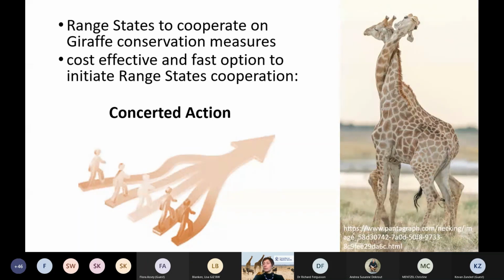There are different tools that CMS has that facilitate this collaboration, and these range from legally binding agreements to non-binding memoranda of understanding, developing action plans, or, as was decided by the range states in this case, concerted actions. And again, such a concerted action can also take different forms. In the case of the giraffe, concerted action,